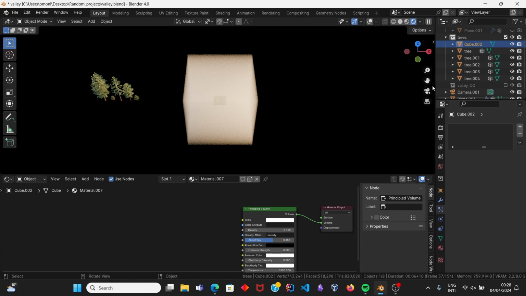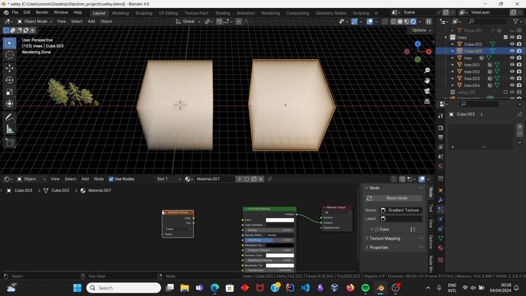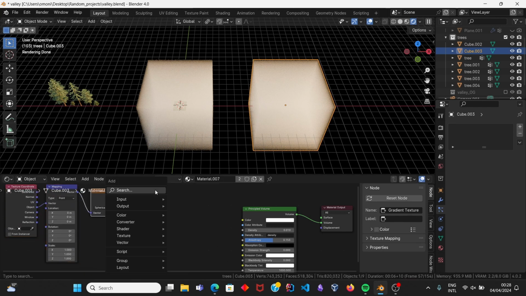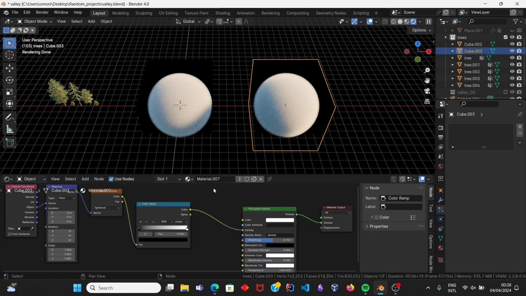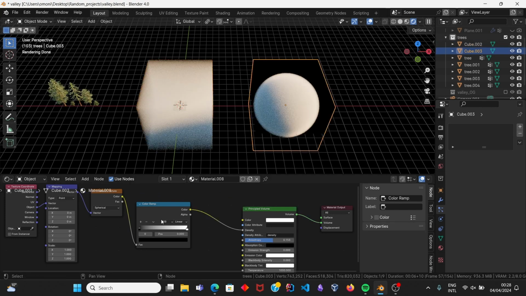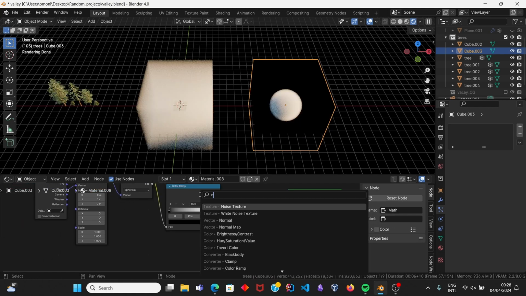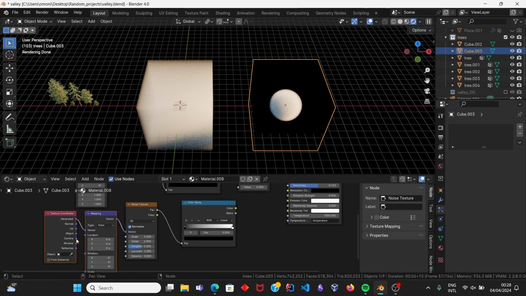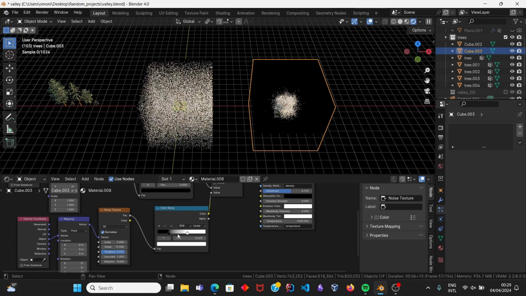Okay, I think maybe I'm doing a bit too much now. But to add in a cloud, you just kind of add a gradient texture, Control T, object, spherical, we're gonna move this back, add in a color ramp, plug this into the density, add in math, subtract, noise, color ramp, Control T, object, plug that in there, detail up, roughness up, play around with the scalars a tiny bit until you get something that you like,